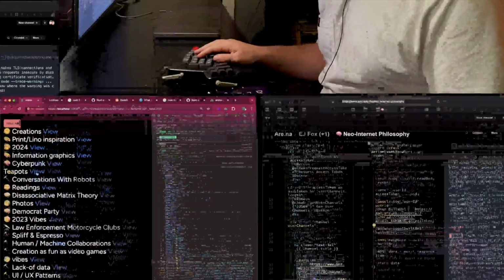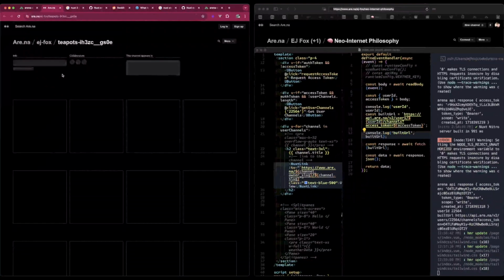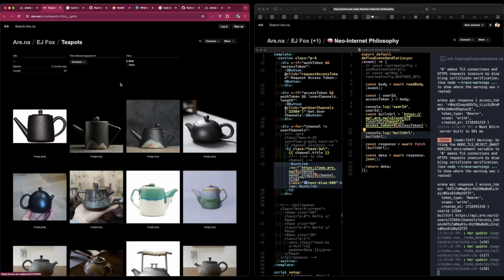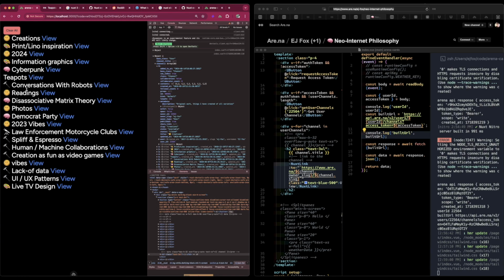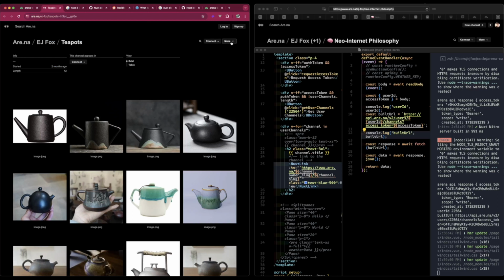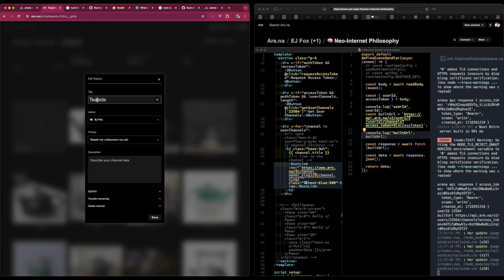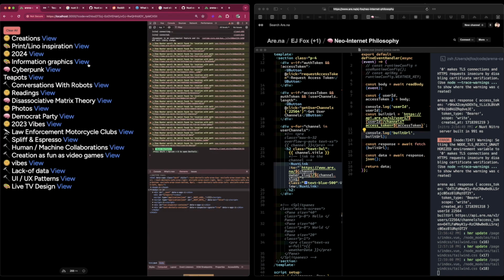Now, can I click on teapots? Hey, look, it took me to my teapots page. So now I can fix its title. It's like a project, so we give it a little project emoji. Put our emoji in the right place. So now what we want to do is get our blocks for each channel,